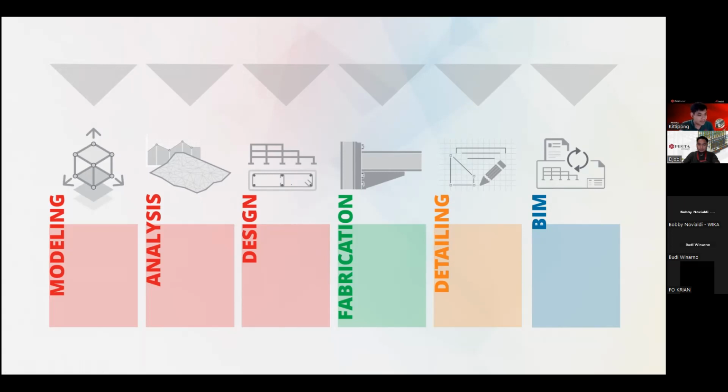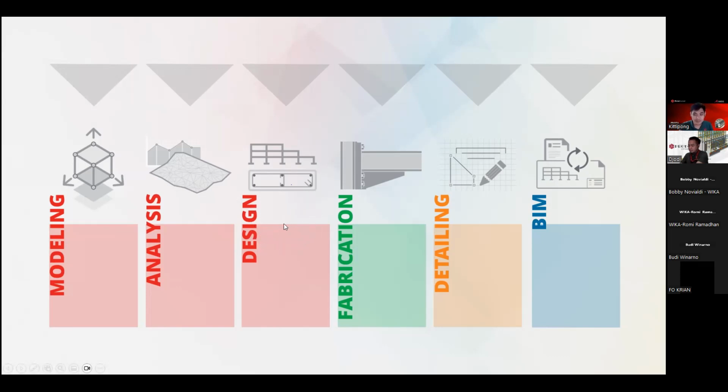Before we start the design process, we have to have the modeling from the architecture, something like that, right? And we use that model for reference to do the modeling. After modeling, we analyze the fault inside the member, inside the building, and whatever, the finite element or something like that. And after we get all the reaction, the fault inside the member, we do the design process, right?